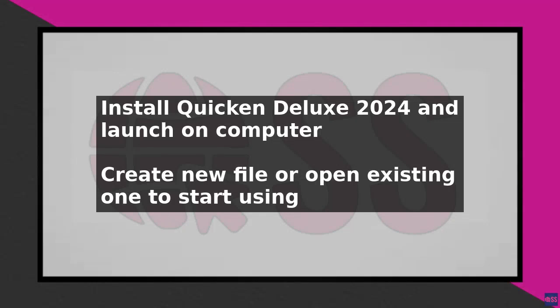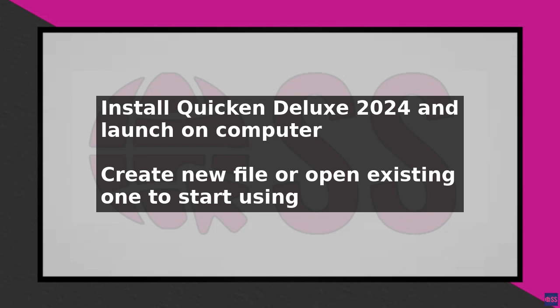To correctly use Quicken Deluxe 2024, start by installing the software and launching it on your computer. Once opened, you will be prompted to create a new file or open an existing one. If you are a new user, select Create a new file and follow the prompts to set up your Quicken